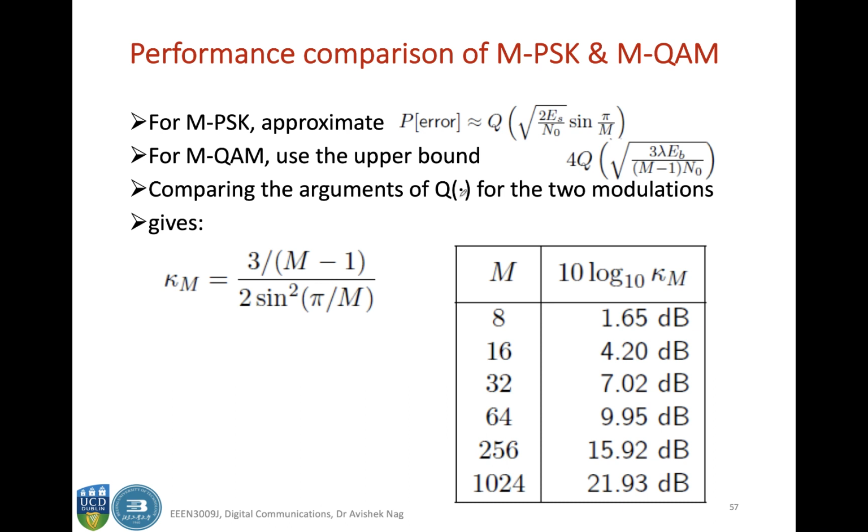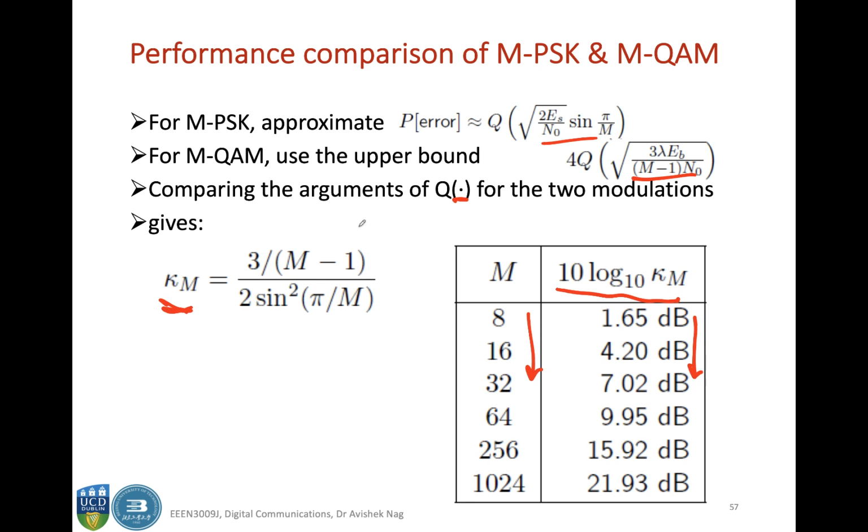If you compare the arguments of the Q function, because the arguments are the important ones, then you can make a ratio, and you have this factor called kappa m. If you take kappa m in log scale, then with your M increasing, you see that the penalty